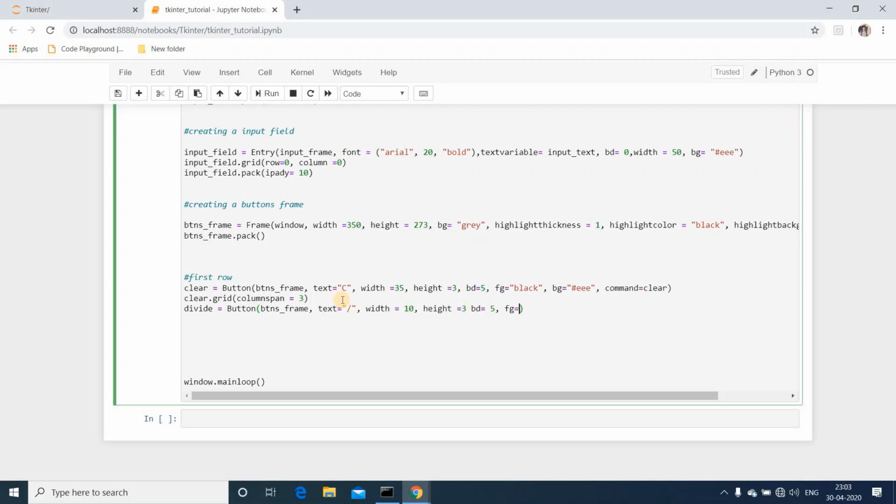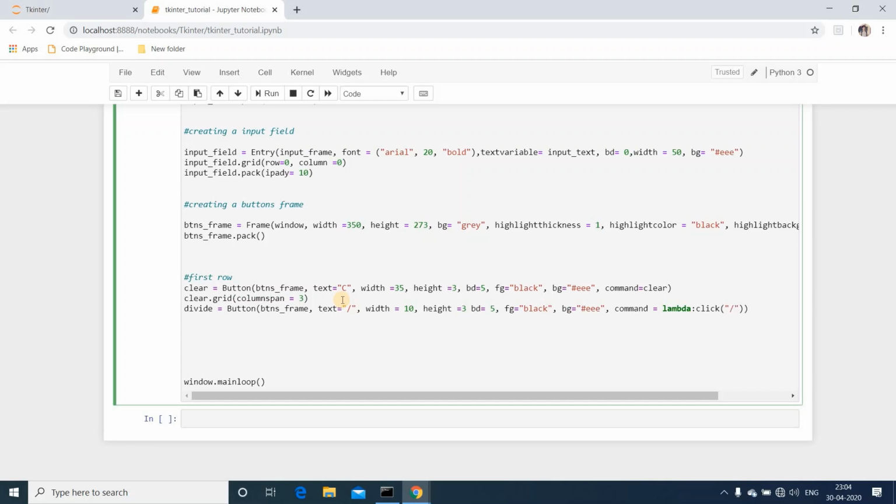BD equals 5, FG equals black, and then BG equals the same color code. Here it differs: command equals, I should use lambda here. Lambda of, and then I'll call a click function. Click of, I'll pass the argument as the divide symbol.